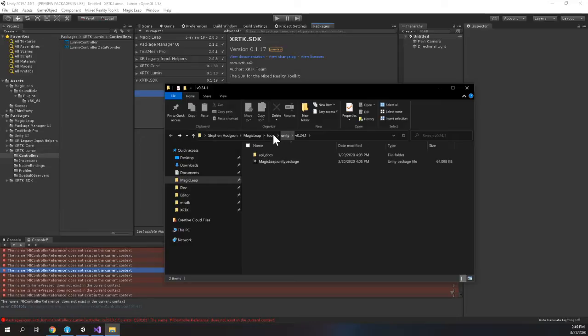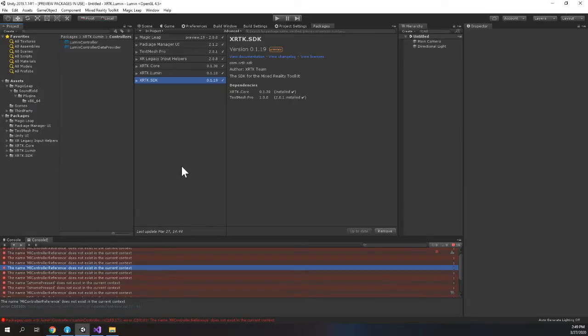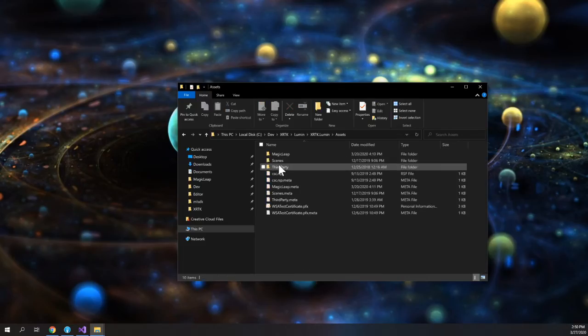In the meantime, I'm going to go ahead and close this version of Unity for our XRTK package. I'm still waiting for the other one to open. But what I want to do is actually go into the Lumin package. And what I noticed was that in our assets folder, we still had this